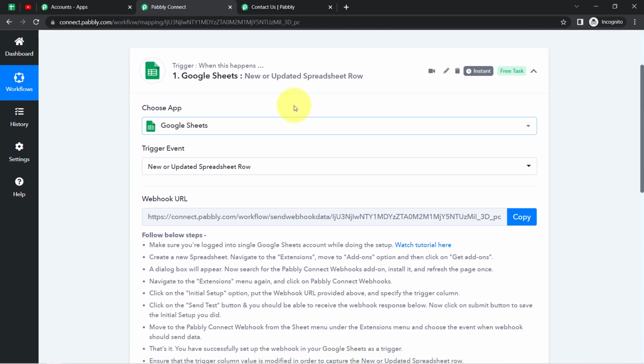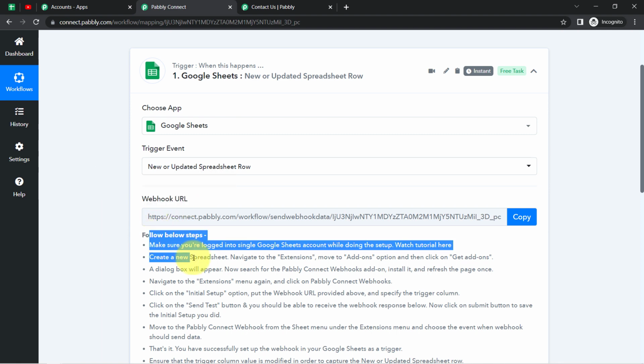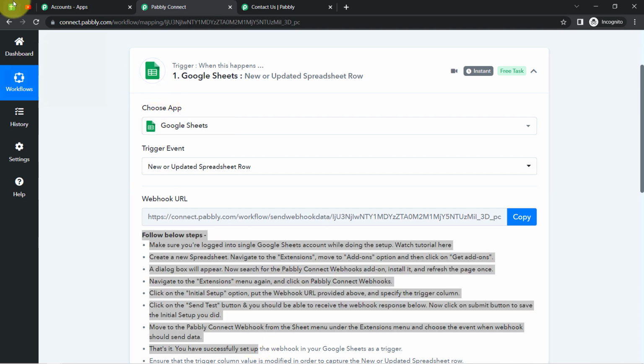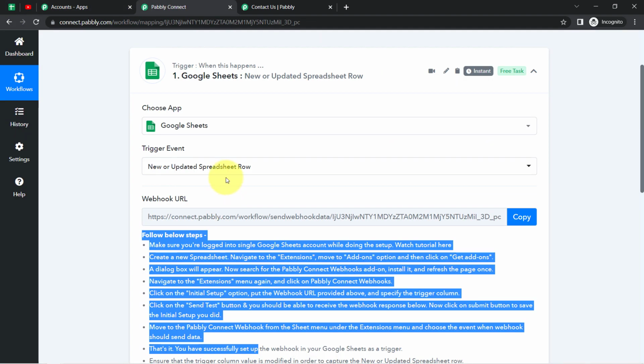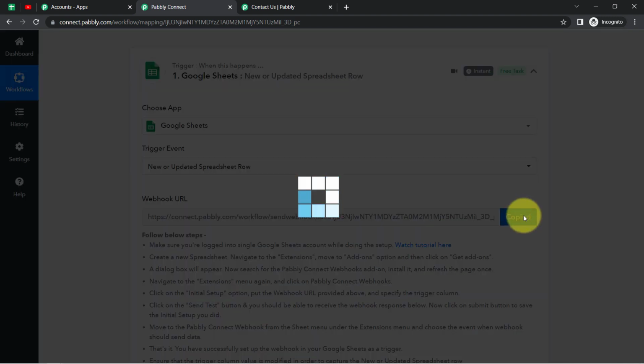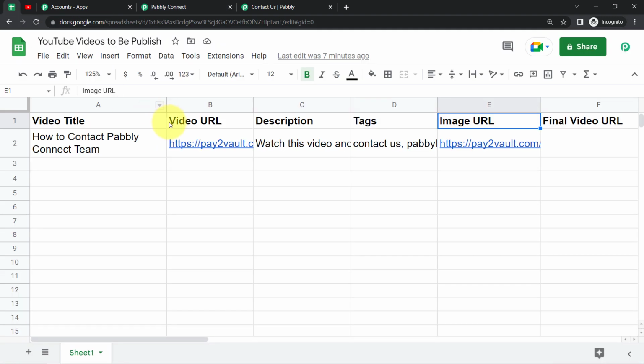Now as soon as I have selected these two, here you can see I have a webhook URL and a few set of instructions. So I'll have to follow these instructions one by one, and the idea here is we are going to connect our spreadsheet with Pabbly Connect so that the details can be captured here in the Pabbly Connect response, and I'm going to do that with the help of this webhook URL. So copy this webhook URL,